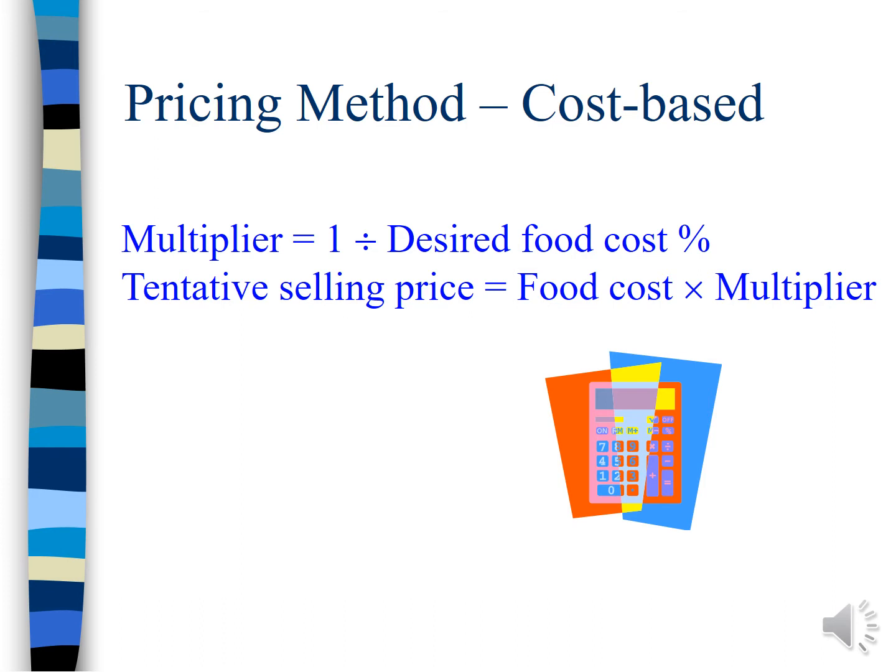Desired food cost is 30%. The multiplier, therefore, is 3.33, 1 divided by 30%. As a result, the tentative selling price is $6.66. The tentative selling price is just the starting point, which should be adjusted up or down to stay competitive